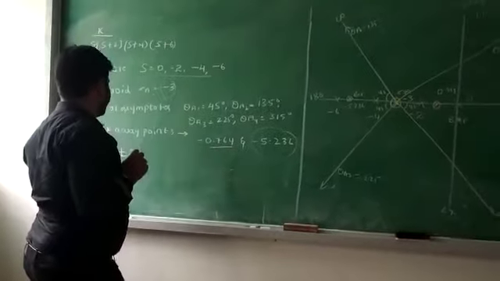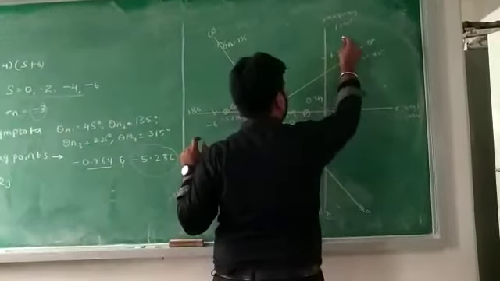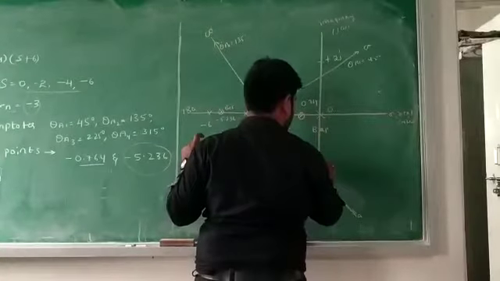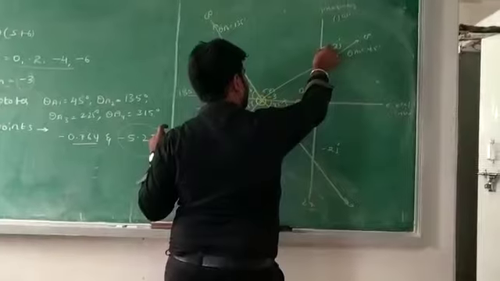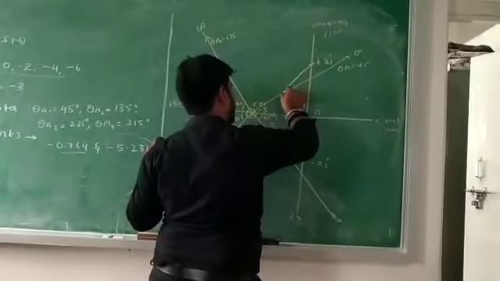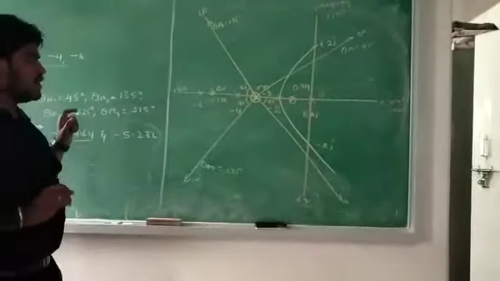Plus or minus 2j is the intersection point. So I can take here as plus 2j, and here I can take it as minus 2j. After that, what should you do? You have one breakaway point. You should draw an arc like this. One arc you should draw like this.